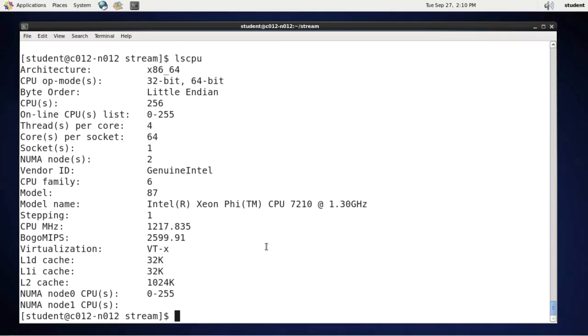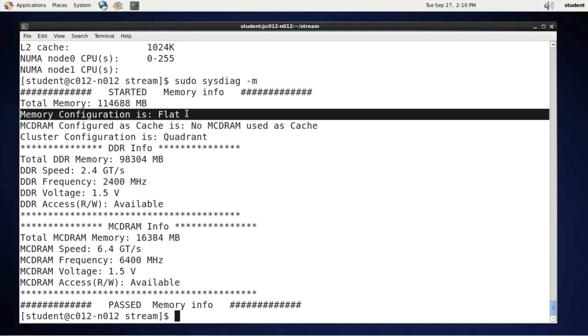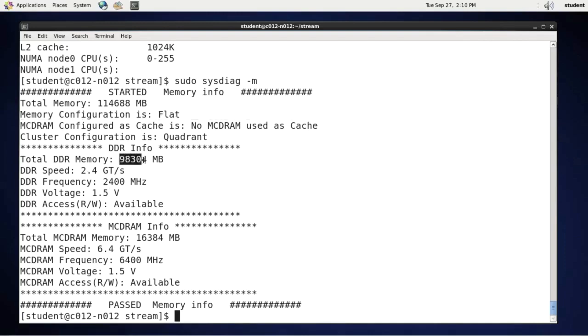Let's see what the memory looks like. There is a utility from Intel that can help me with this, and I see that my high bandwidth memory is configured in the flat mode. You can refer to episode 4 for more information about memory modes. And I have 96 gigabytes of on-platform memory and 16 gigabytes of on-package memory. So this is my MCDRAM. Because I have the flat memory topology,